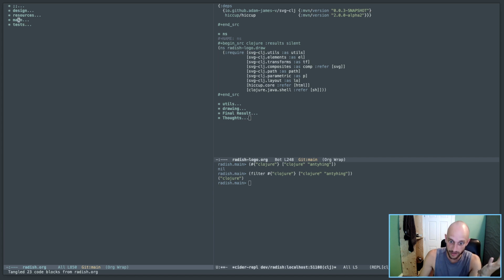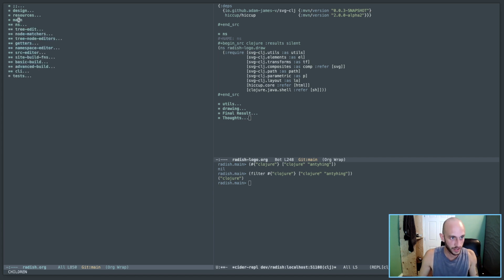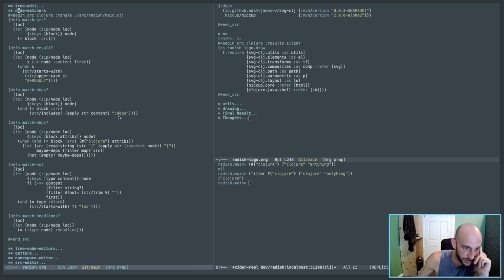Okay, I was actually doing something. What was it? It was related to filtering, not sources, node matcher. It was a node matcher thing. So I want to redo this match depths thing to properly handle